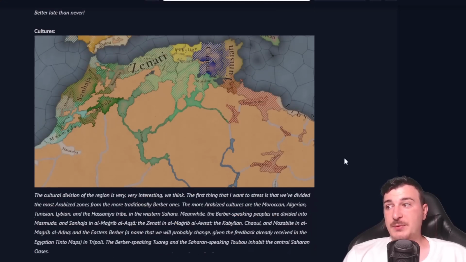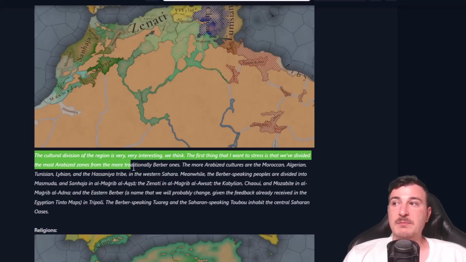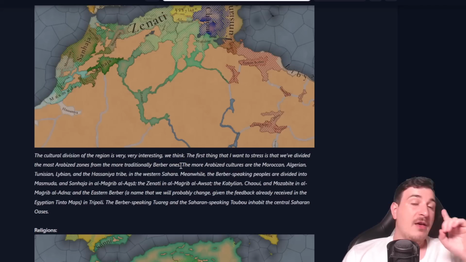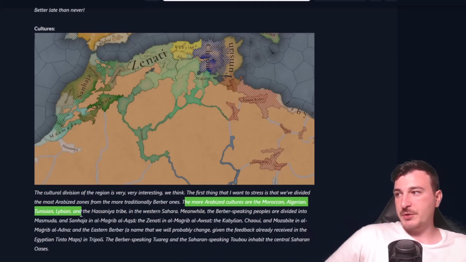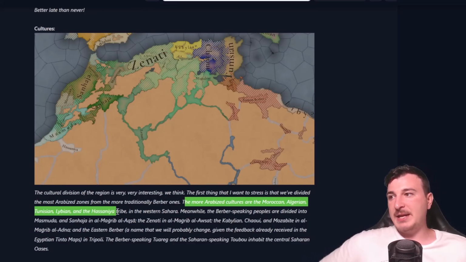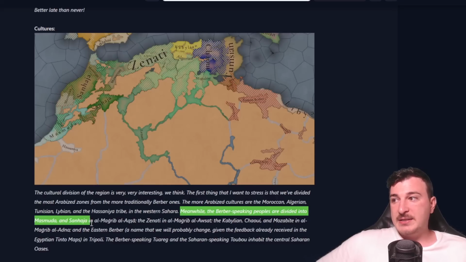Before we do, let's actually see what Pavia has to say. Cultural division of the region is very, very interesting, we think. I fully agree. The first thing that I want to stress is that we've divided the most Arabized zones from the more traditional Berber ones. That is really good. The more Arabized cultures are the Moroccan, Algerian, Tunisian, Libyan, and the Hassaniya tribe in the west part of Sahara. Meanwhile, the Berber speaking peoples are divided into Masmuda, Haja and Sanhaja in Maghrebi al-Aqsa,